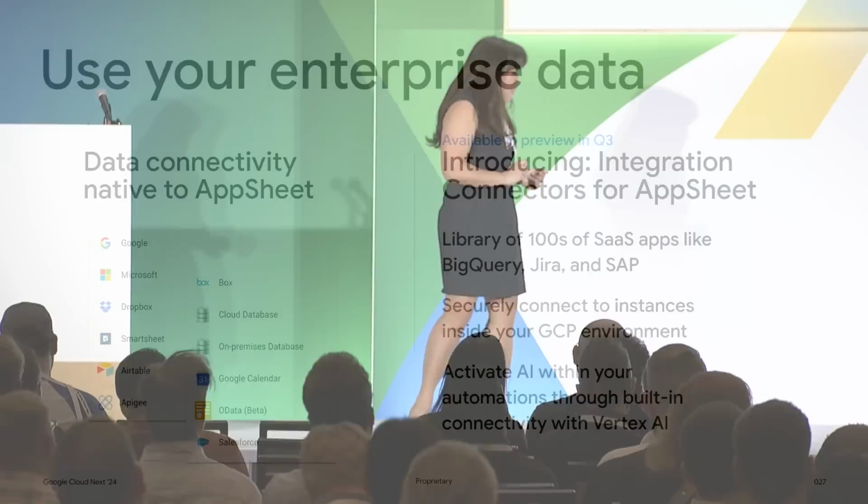So let's say Gwen's company is biotech. Her data scientists might have built out large language models that use industry-specific terms or corporate acronyms. Gwen is able to use integration connectors to add AI to her app and use models that are tuned to her industry and trained on her own company data.